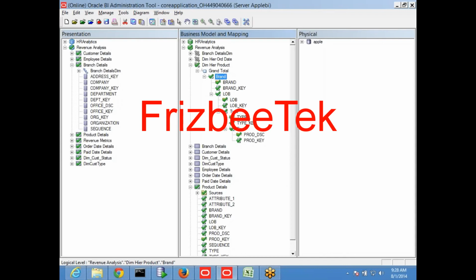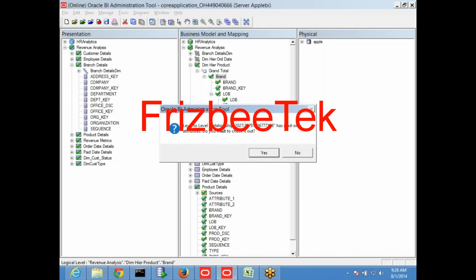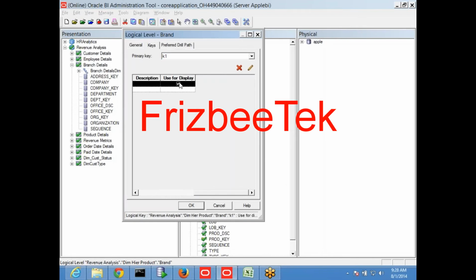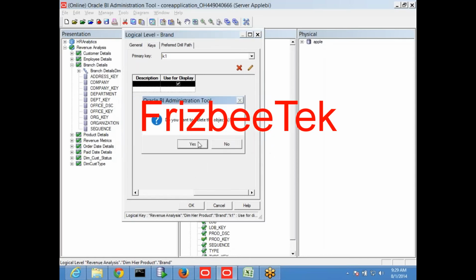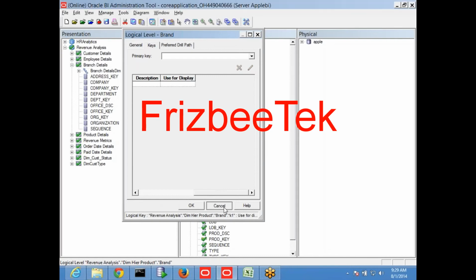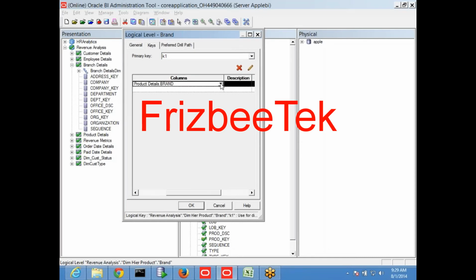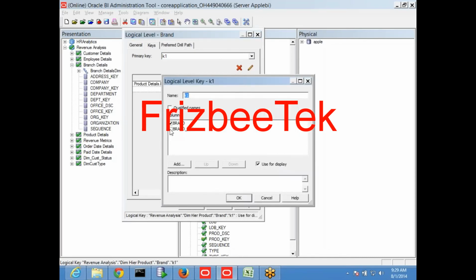Now I am going to brand. We have a brand and I also selected use for display, which means I have chosen the brand for key and also for use for display, which I don't want. So I will delete it and create it again. In the first key, I am selecting brand key and not brand, and I am not selecting use for display.